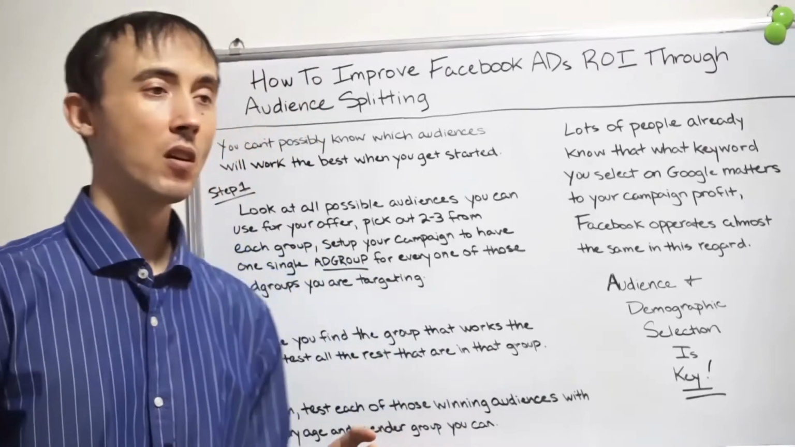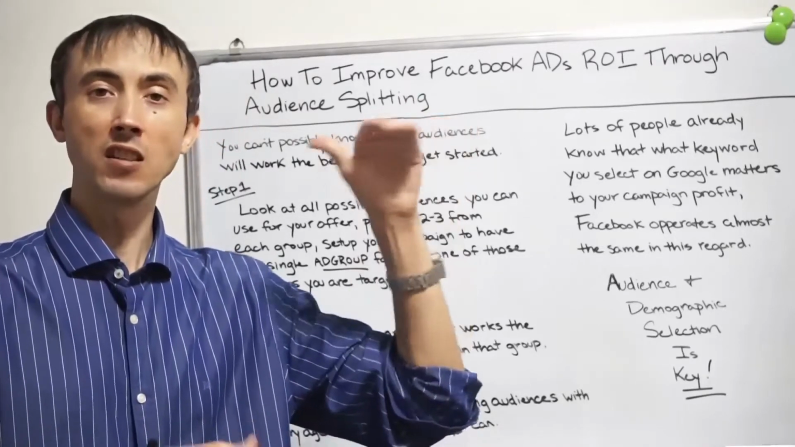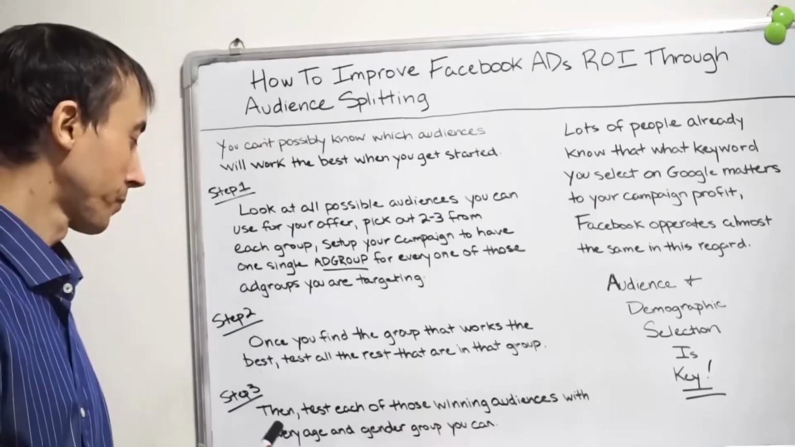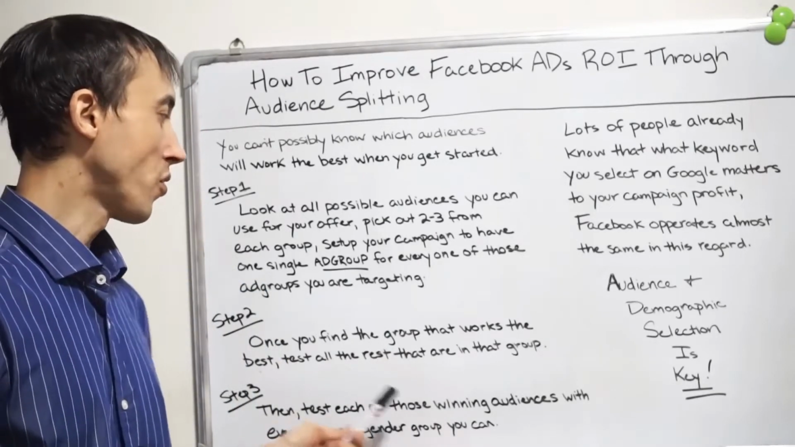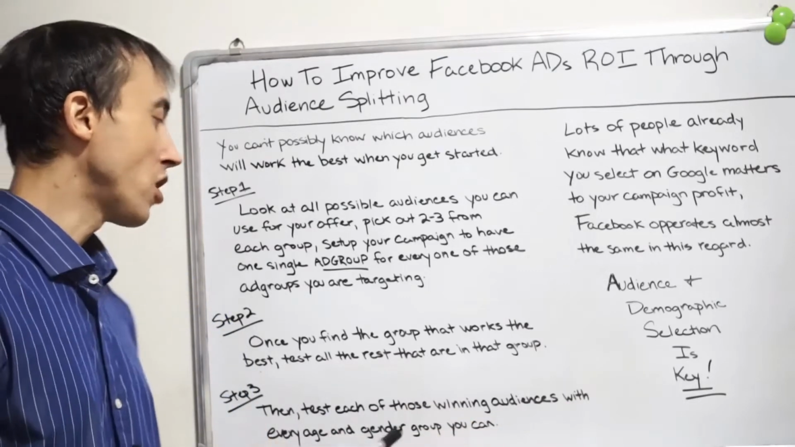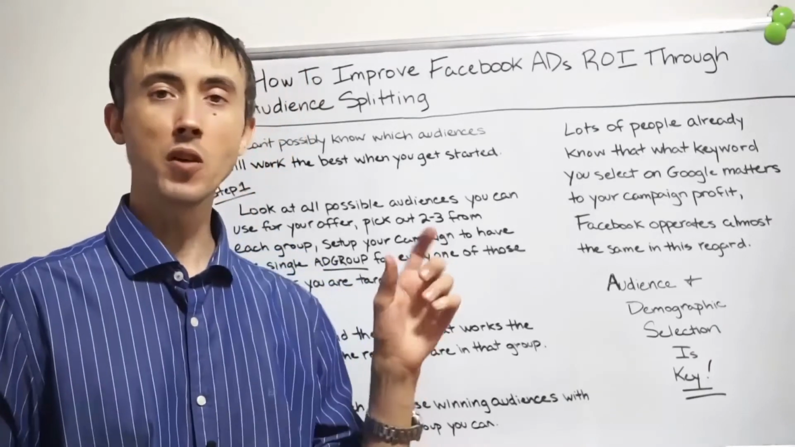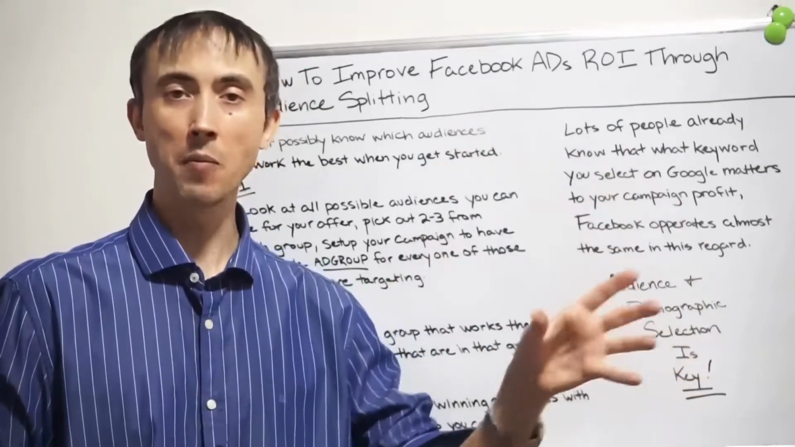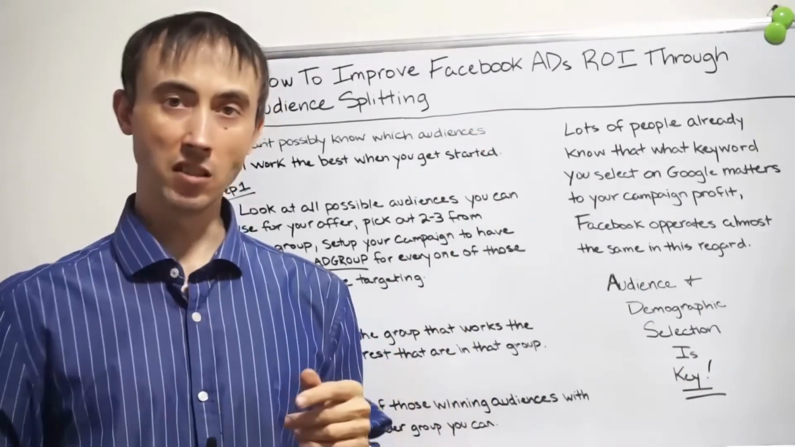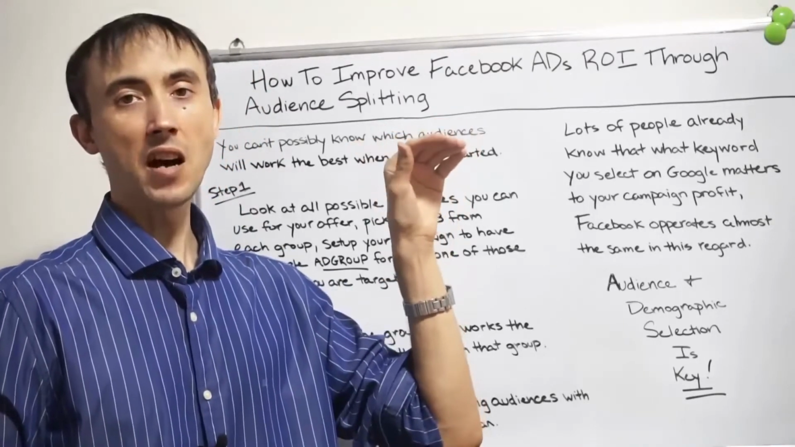Once you've figured out which audiences within that general group that you tested in the first step work, then you go into the final step, which is to test each of those winning audiences from step 2 at every age and gender group you can as the last step. So what I mean by that is you're going to create another campaign for step 3, which is going to take those 2 best audiences you found from step 2, and then you're going to break up and create one